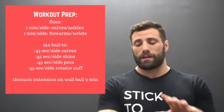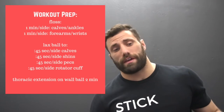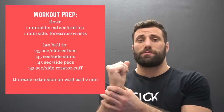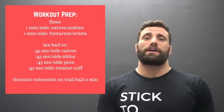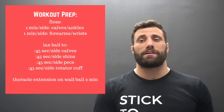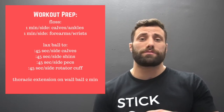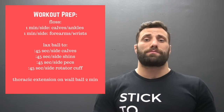So we're going to start our workout prep by flossing 1 minute per side, wrists to forearms, both sides, and then ankles to calves, both sides. As you get through that, get some good movement through that wrist and those ankles, some dorsiflexion, plantar flexion. For that full minute, take off the floss, hit the other side, and then we're also going to take a lacrosse ball and roll out those forearms, roll out those calves and those shins, about 45 seconds per area